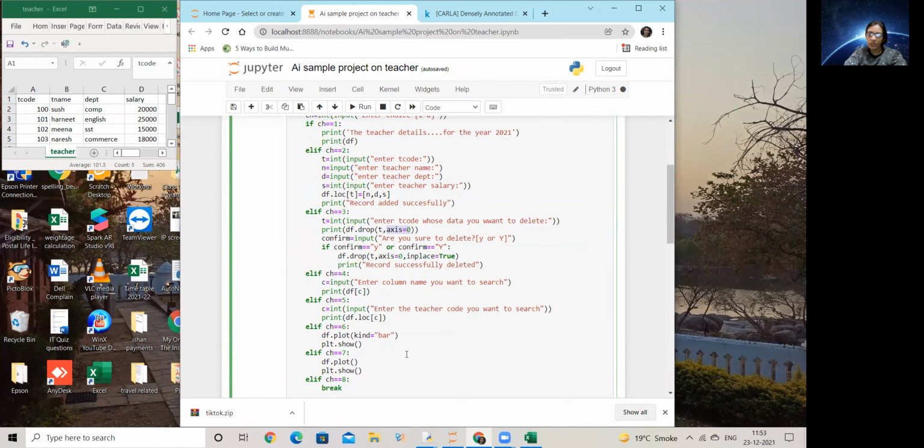If you do not mention the axis, it goes for rows automatically. But if you mention the axis, then you can make it for column also. Axis 0 is for row, which is the default value. So even if I wouldn't have given axis equal to 0, this code should have worked, because I'm deleting a row only. If you want to delete a column, you go for axis equal to 1.